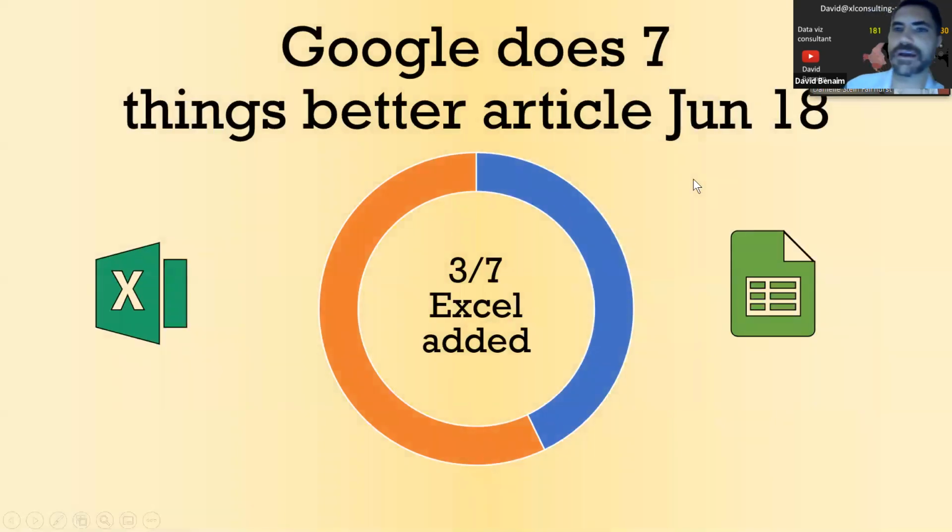I did write an article in June 2018, around 2 years ago, about 7 things that Google Sheets does better than Excel. But not too long after, probably about 4 months later, Excel had actually added exactly those functionalities. Excel continues to add basically the same things as Google in many avenues. Excel keeps improving in many ways, but some of the things they've added have been very similar to Google's.